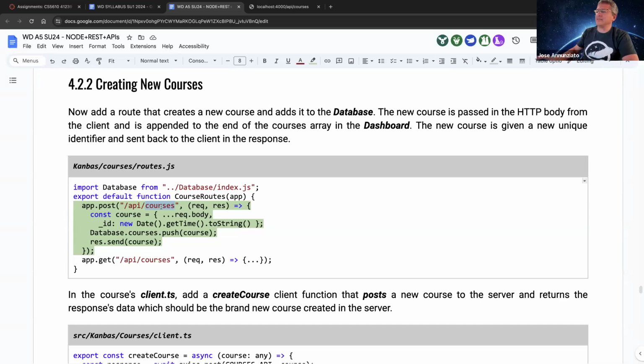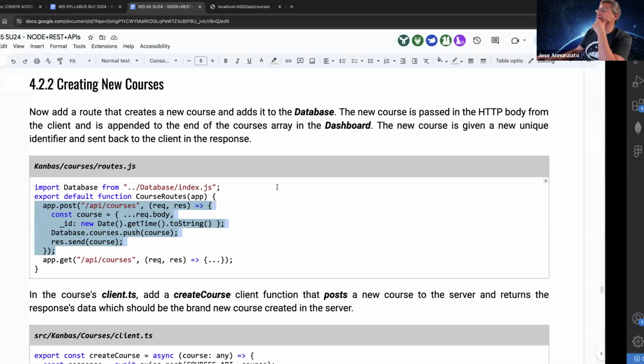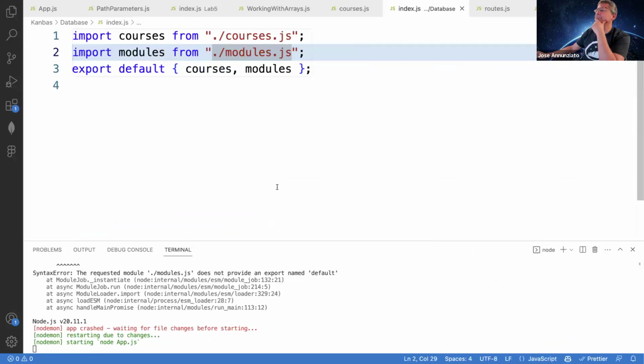In our case, it consists of adding it to the array of courses that we currently have in the database. Eventually, we're going to insert it as a new record into either a table or collection in a database. So let me copy that, and so let's go to the server